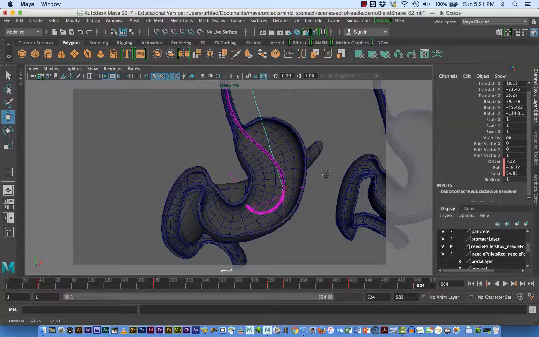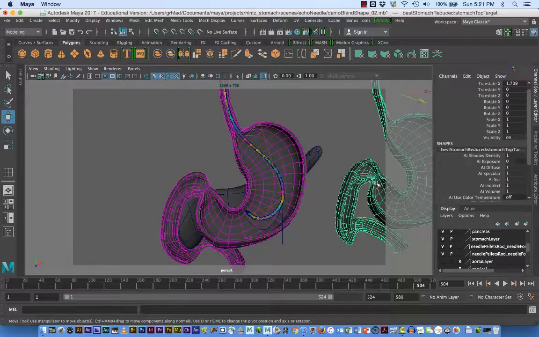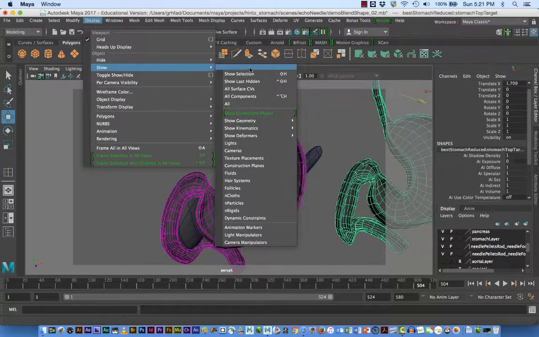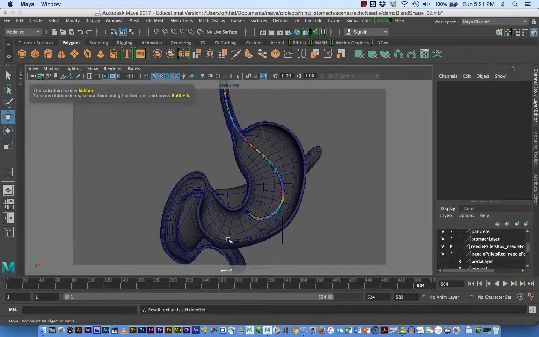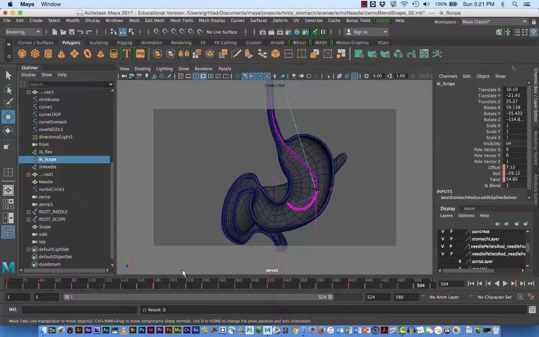Okay. Now I'm going to hide this. This is one of the blend shapes. This is the one for the top. That's the target for the top. So I'm just going to hide that so I don't see it. Okay, and I'm going to go back and open my outliner for a second and go back to the IK for the scope. And you can see